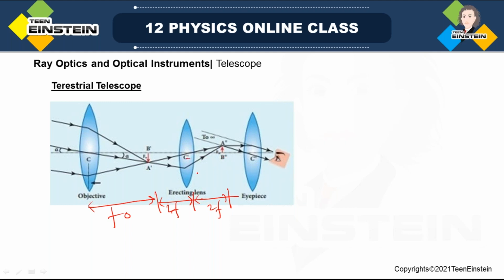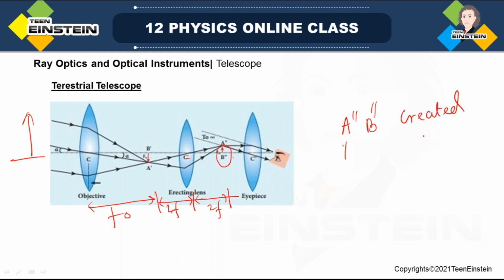And this will be at 2f distance, it will be inverted and of the same size. Okay, and now see, this is actually an erect image, as the object was like this, but this is now erected. Now this image, A double prime, this image is